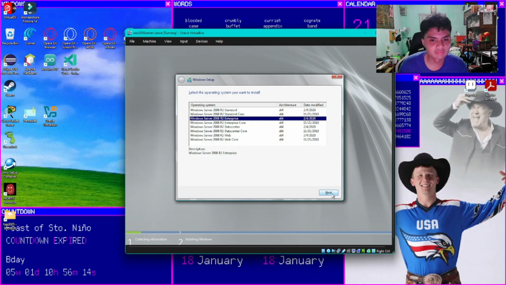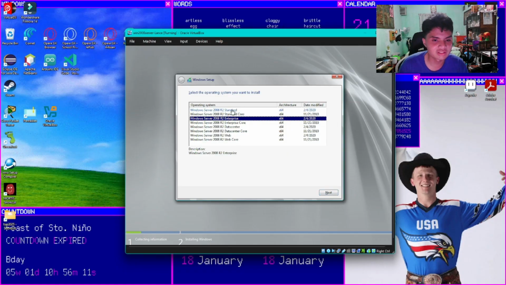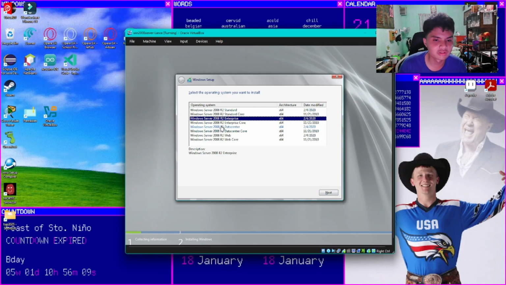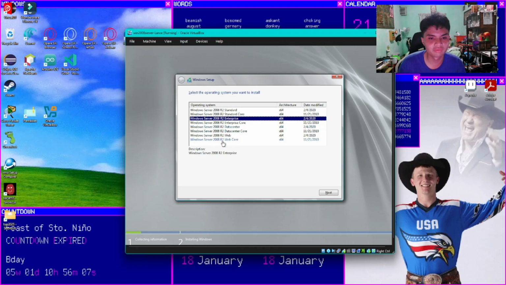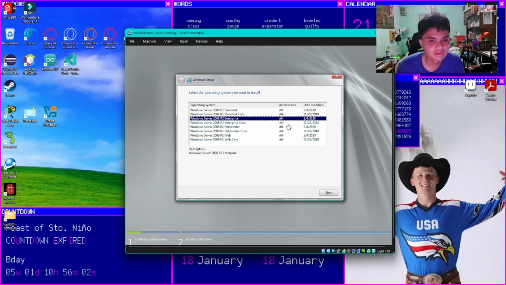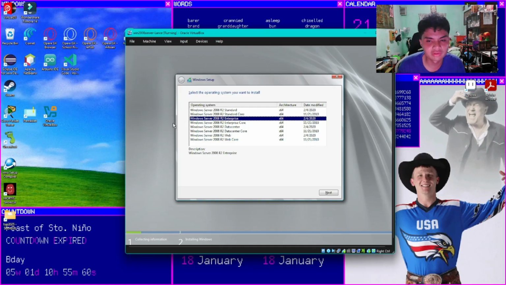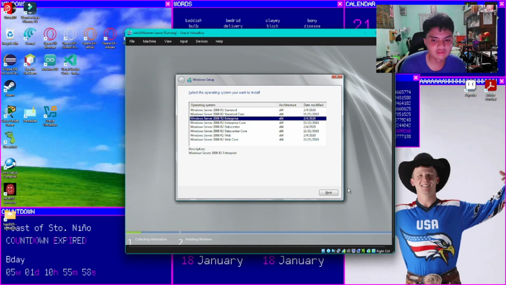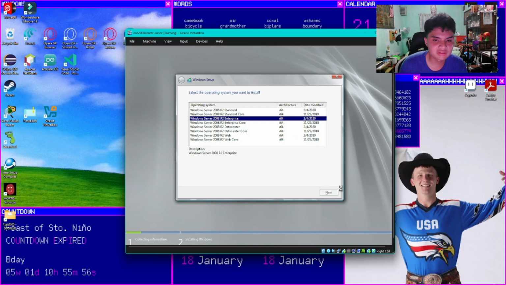So we will choose that and press next. But if you want a Standard one, a server for data centers, or a server for webs, only for websites, etc., use the other types. But for now, since I'm going to use everything, I'm going to use Enterprise. So press next.